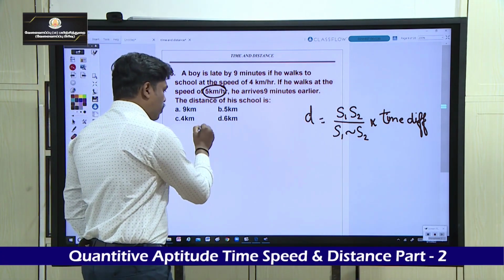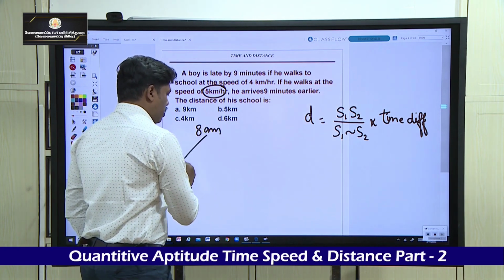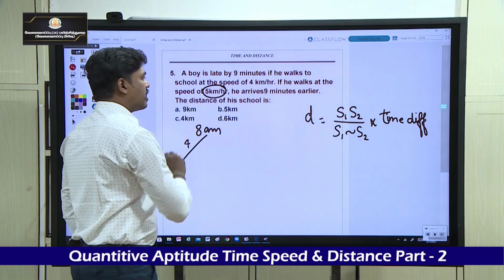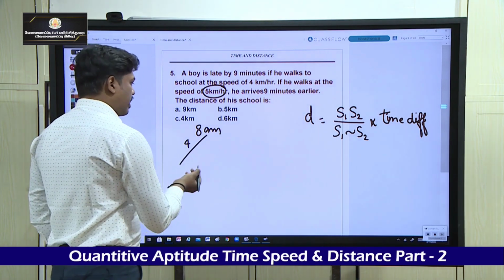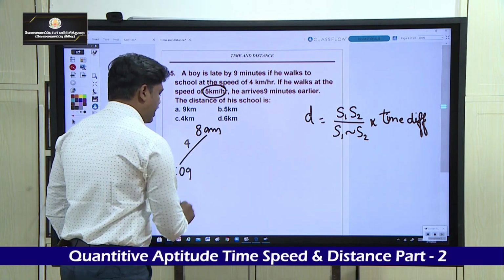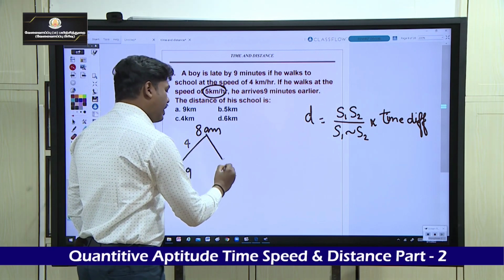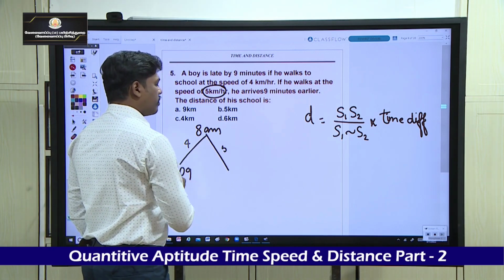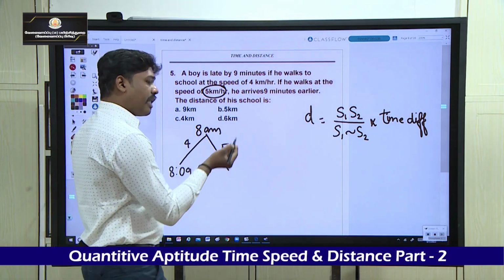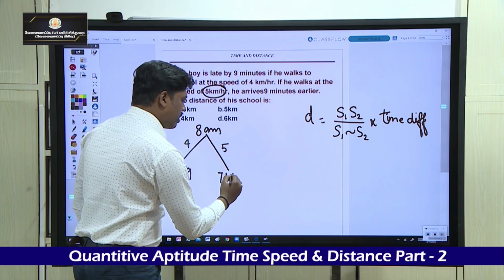So assume the school timing as 8 a.m. If a boy walking at 4 km per hour reaches 9 minutes late, which means he is reaching at 8:09 a.m. If he is moving at 5 km per hour, he arrives 9 minutes earlier, which means he is arriving at 7:51